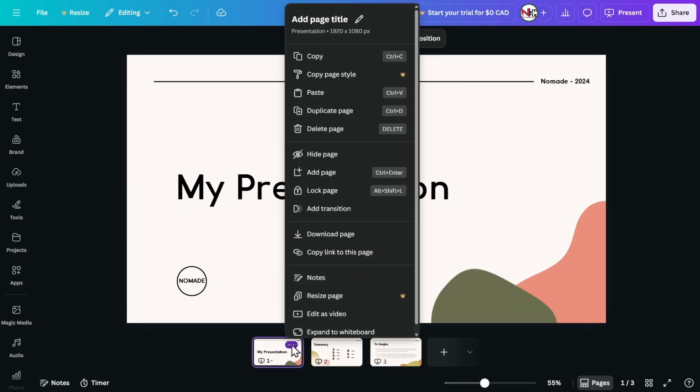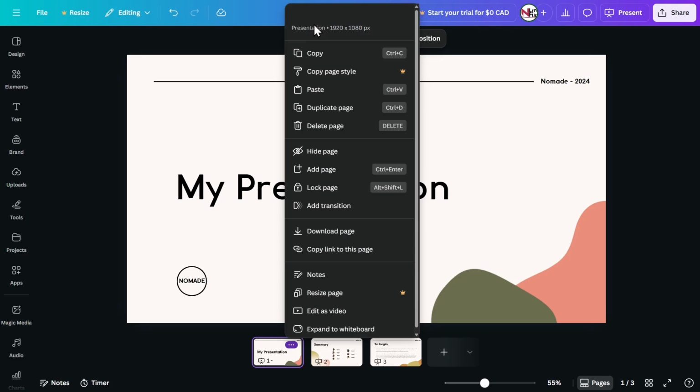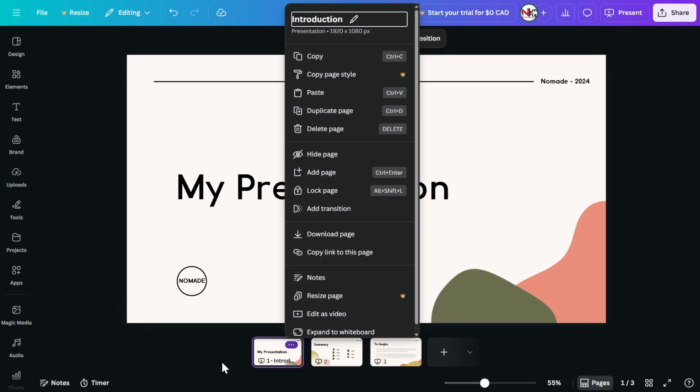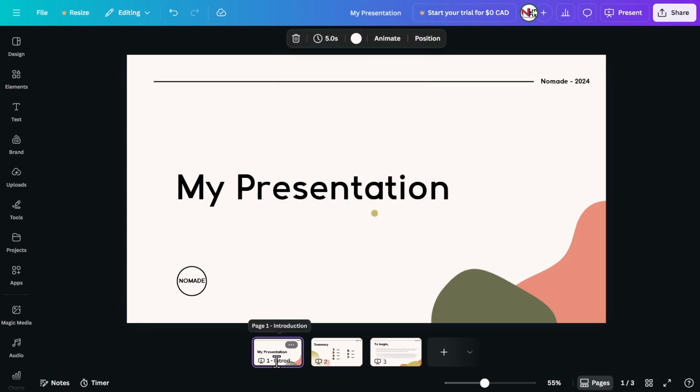So just click on the 3 dots, and then click on Add Page Title. It's next to this. So you can click on that, and then you'll be able to edit it right here. I'm gonna name this introduction. You can also change it by just clicking over here at the name. If your device is big enough or has a big screen, then you'll be able to see this name right here, and then just click on it, and you'll be able to edit it from here. So you can just type in introduction from here,